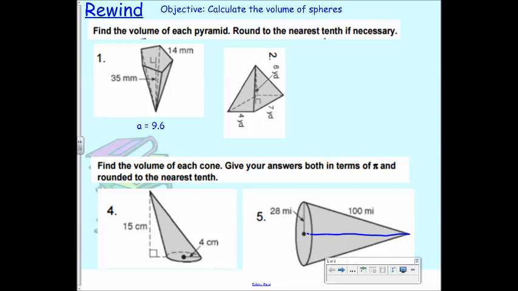By the end of this, there are probably 20 formulas that you're going to have on the formula sheet. So again, this test is not just about can you plug stuff in and make it work. It's about can you critically think your way to plugging the right stuff in and making it work. Like for number 5, for example, if you did 100, how come that didn't work? Because it's a slant. It's the slant height. How do you know it's the slant height and not the height? Because it's on the slanted line. Okay, so when do you use the slant height? When you're trying to figure out the surface area instead of the